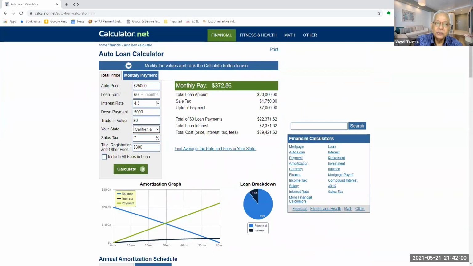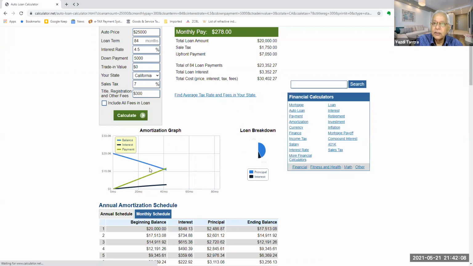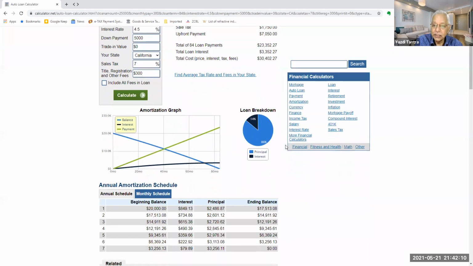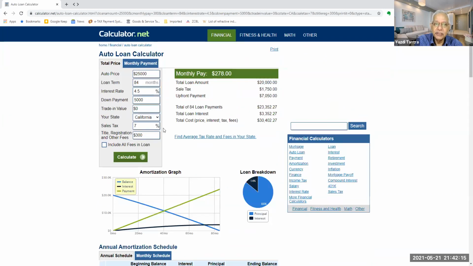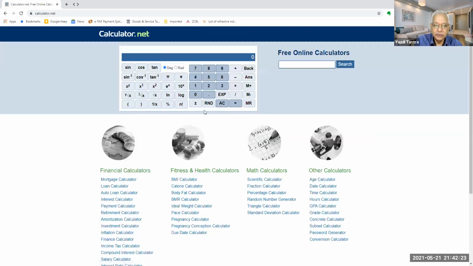You can take a loan for 60 months, or you can say I want to take it for 84 months, so 7 years. I say calculate, and automatically everything gets calculated. It's very simple. You just fill in the blanks of whatever your charges, etc. are, and you get to know the figure for the loan, EMI.